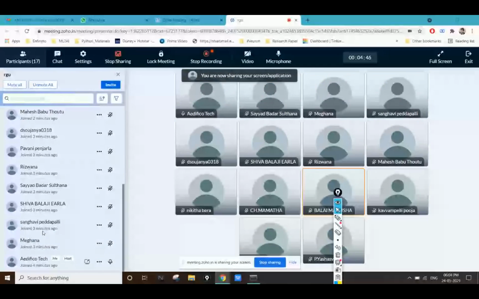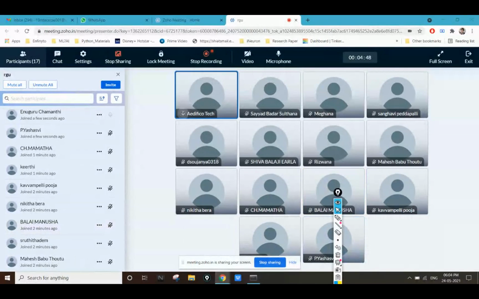Just give me the confirmation in chat so that we can start. Okay, I'm sharing my screen. I hope you all can see the screen.